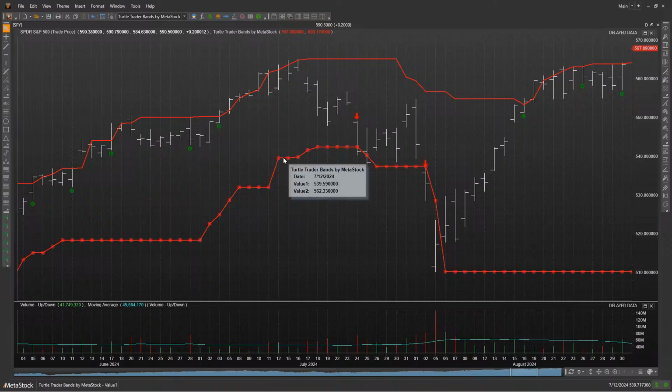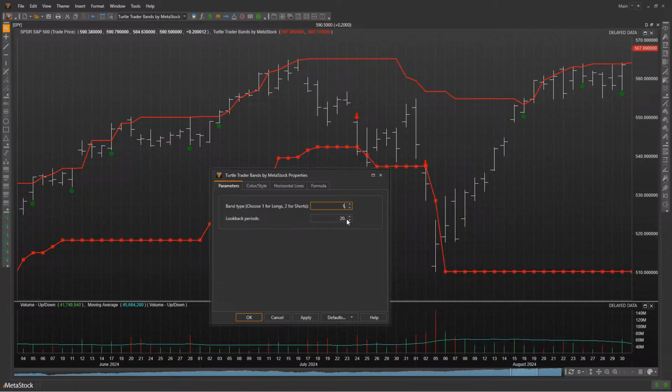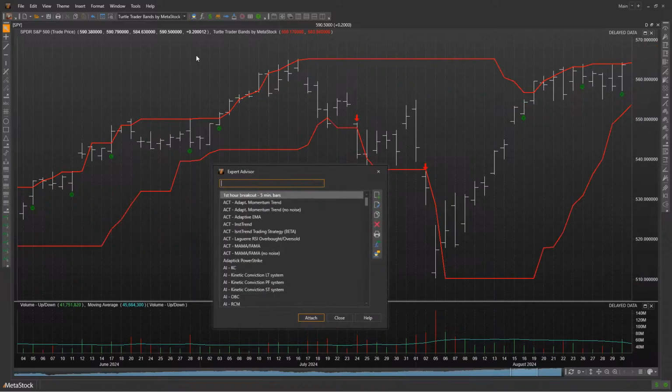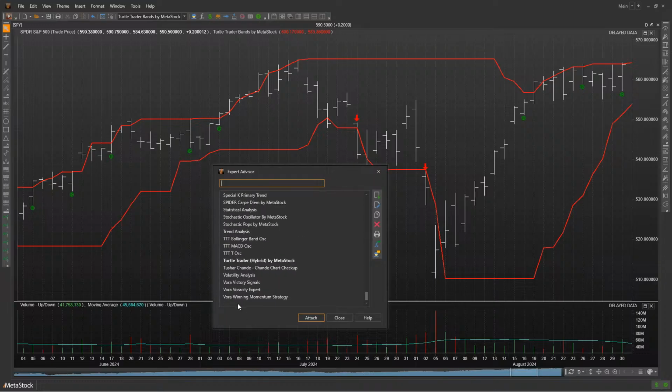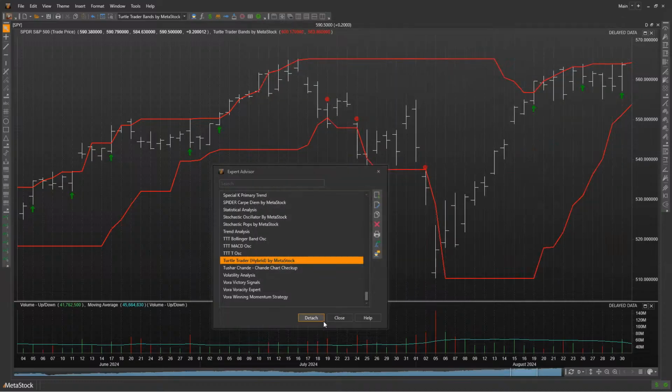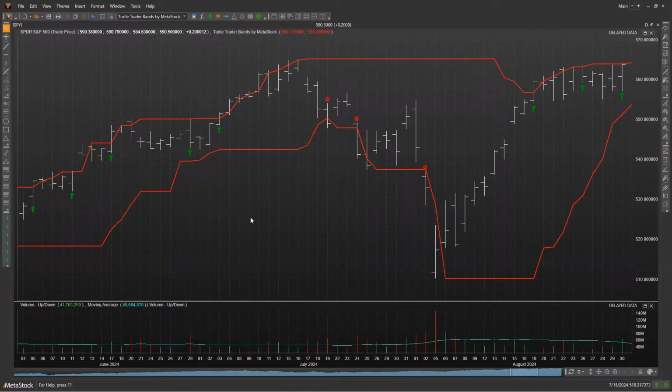All right, so let's go back into it again. I'm going to go ahead and modify it, and I'm going to change it back to long positions. Click on there, and then we'll go back into our expert, and we'll scroll back down to the very bottom here. And we'll grab the turtle system. I'll click on the edit button. And again, I'll go to the buy and then the sell. Okay. So that'll give us those two signals here again as well. All right. So now we just got our buy and sell signals.